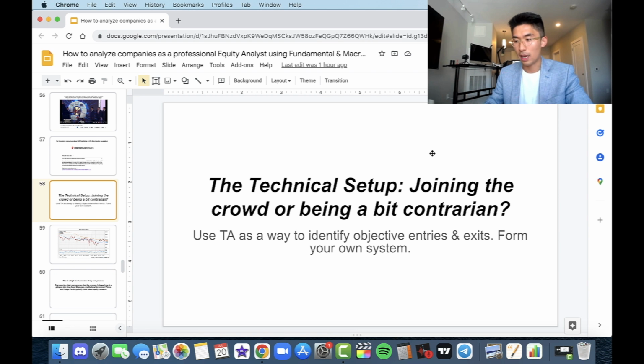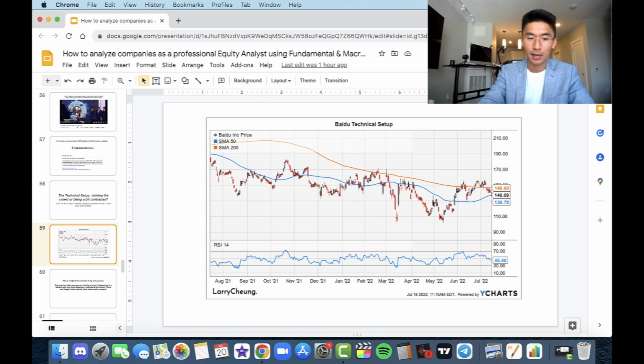The last step in the research process is by leveraging technical analysis to identify objective entries and objective exits. So you must form your own system, and you must choose indicators that make the most sense according to your time frame. So what I mean by this is that when you are looking at technical analysis, if you are a long-term investor, it typically does not make sense for you to use the 50-day moving average to inform your opinions,